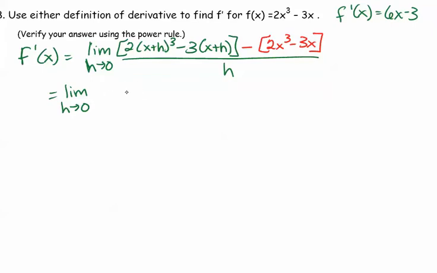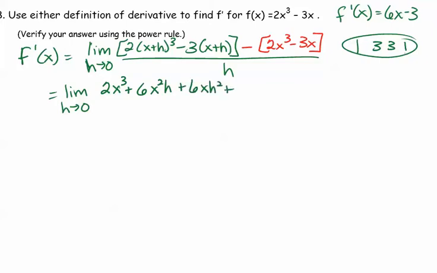Maybe I will do that. I hope you know from Pascal's triangle that our coefficients are going to be 1, 3, 3, 1. So I'm going to double everything right away. 2x cubed, and then 2 times the 3 will give us a 6x squared h. And then a 6x h squared, and then the 2 times the h cubed,